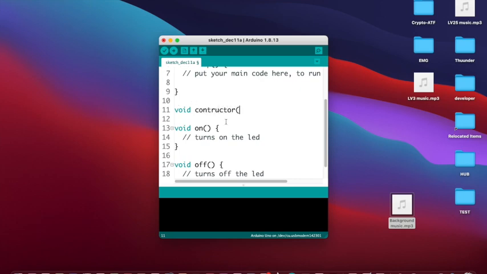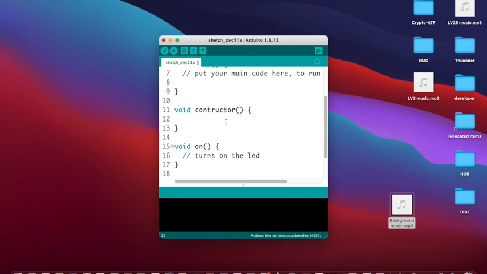Now that's not how you actually do it. I'll show you soon. But what we are going to do is in here, we want to take in one thing. Int the pin. The LED pin. So what we have there is it takes in the pin that our LED is going to be on. And then what we need to do here is pin mode LED pin